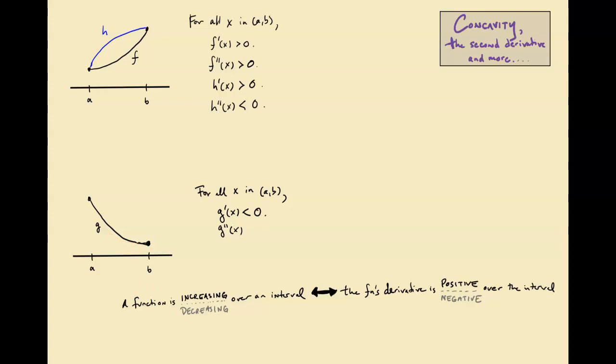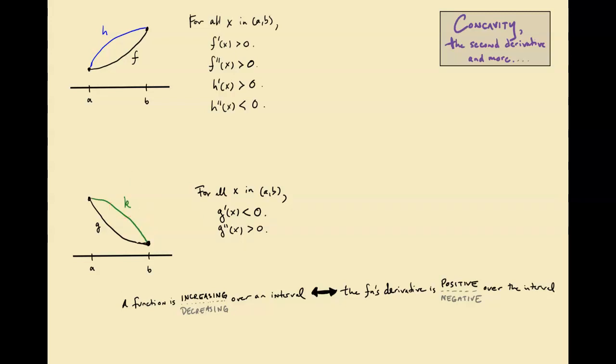So the value of the first derivative is increasing over that interval, which means that that function's derivative, the second derivative of g, must be positive over the interval. So this second derivative has to be positive for all x in that interval. So even though the first derivative is negative for all x there, the second derivative is positive for all x there. And to drive this point home with one more example, let me draw on this same figure the graph